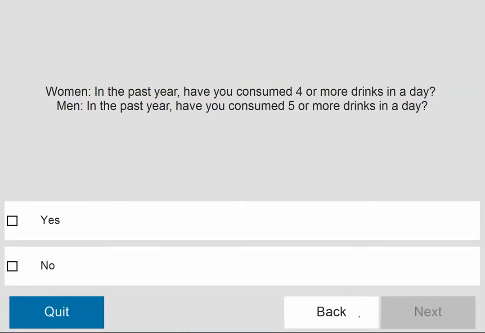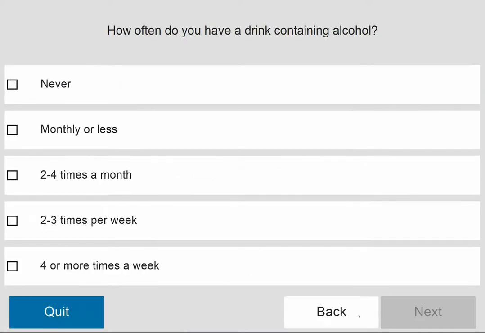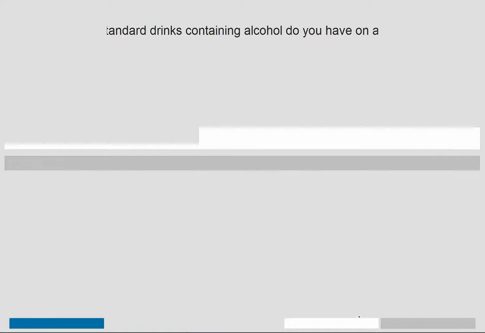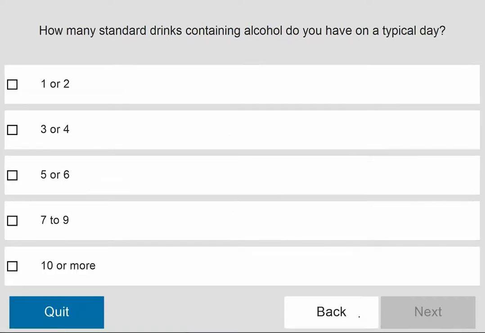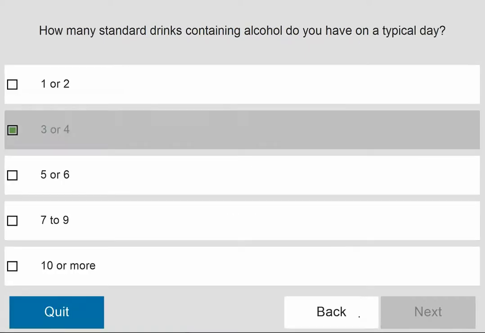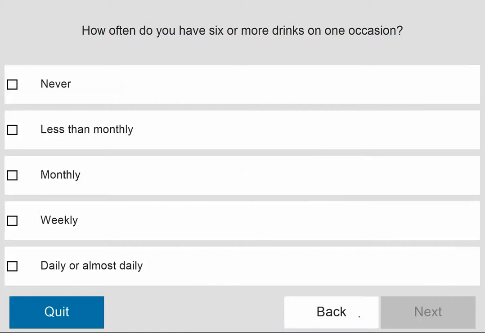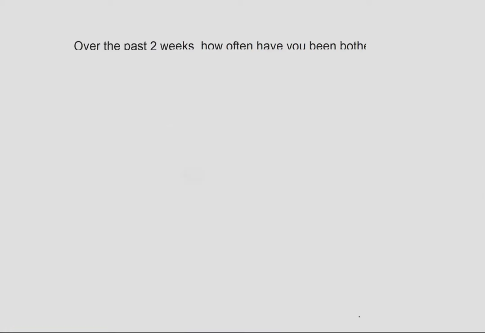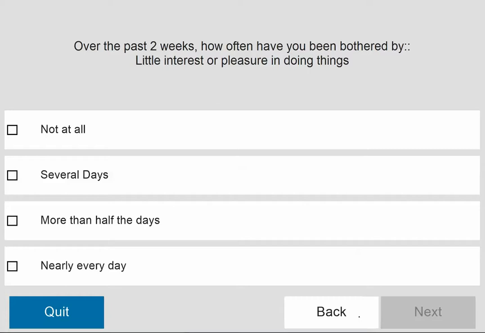It's the alcohol screening. And I'm going to say yes, I do drink more than that. I'm drinking quite frequently, so I'm going to say that I drink at least 2 to 4 times a month. On a typical day, I drink about 3 to 4 drinks, and I would say sometimes monthly I drink more than that. So for this depression screening, I am going to say that, so that you guys see the alerts,